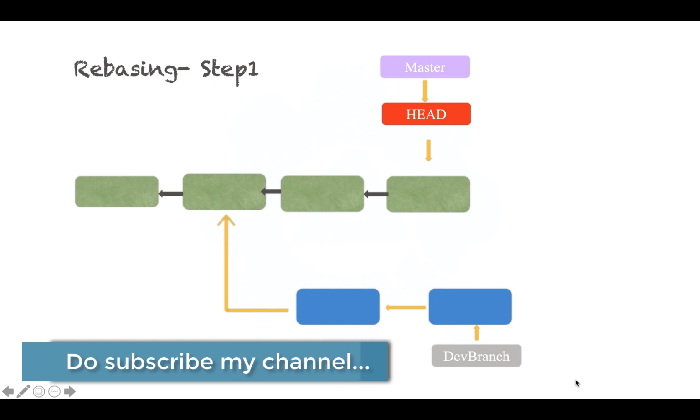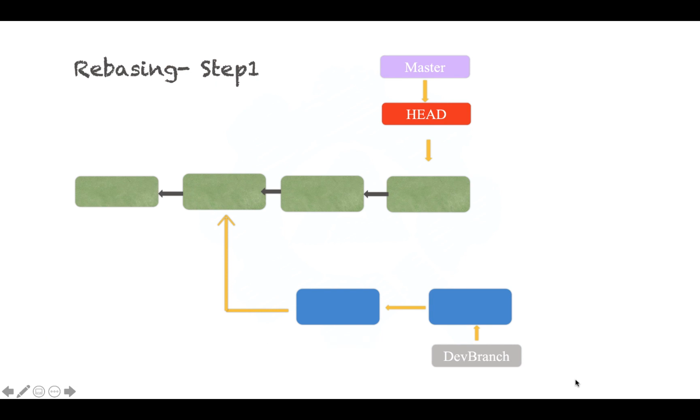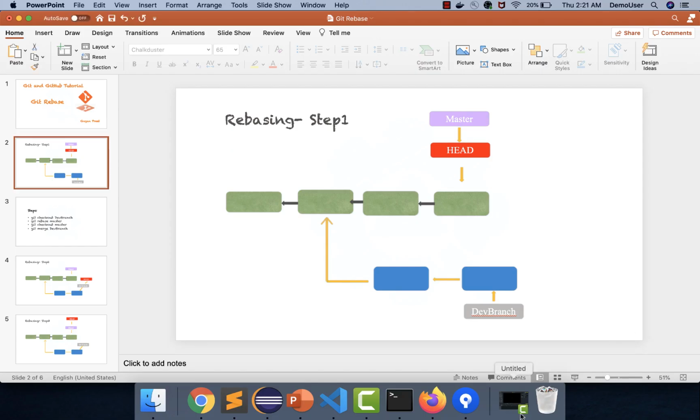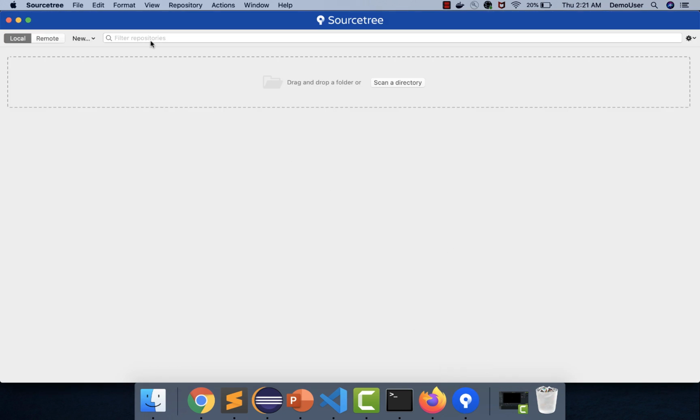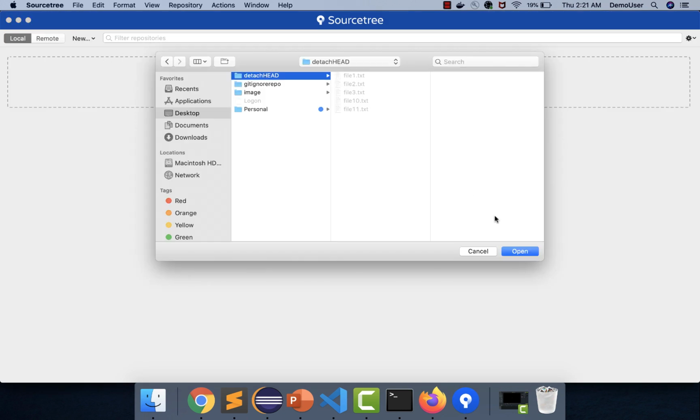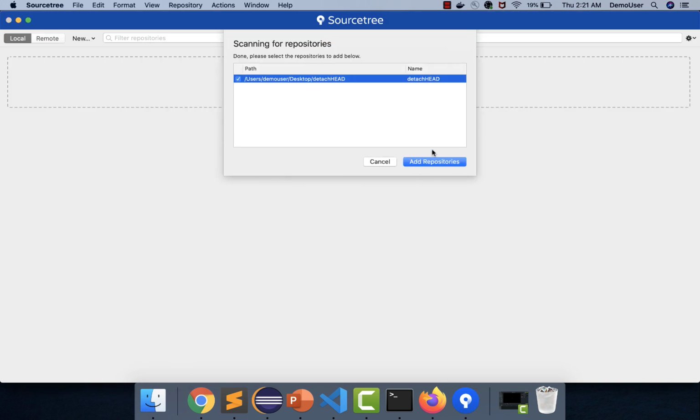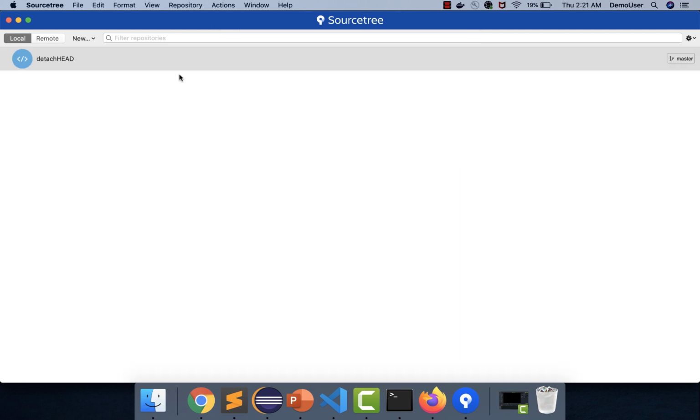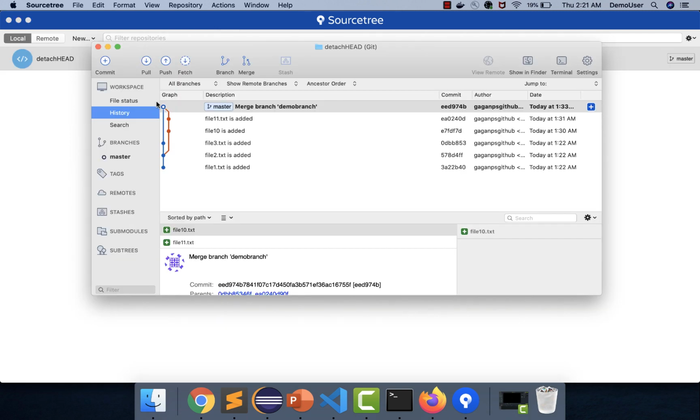Let's get started. So first of all, what exactly is a rebase? To understand this, I'll just open one of my projects. So this is the project that I've already worked on. In this project, I have performed a merge. In this case, you can see a fast forward merge or a three-way merge was done, where I have some check-ins done over here in the master branch, which is on the right side, and I did some more check-ins on a secondary branch, and then I tried to merge it.